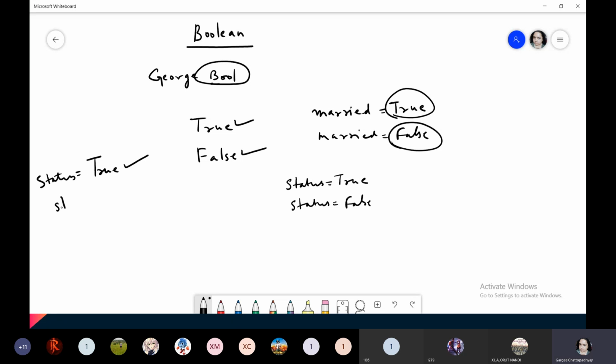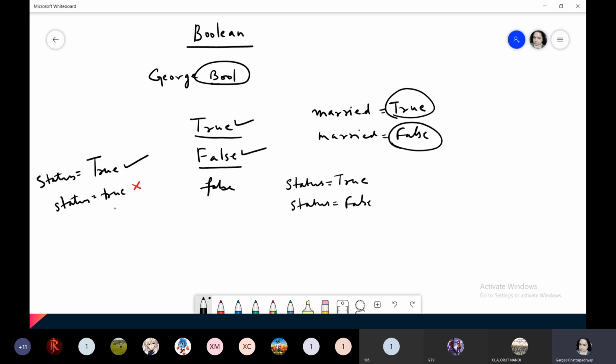If you write it like this, this is wrong. True has to be T capital and the rest all small. That is, it has to be in capitalized form. Same way, false also has to be in capitalized form. You cannot write false like this. So any other value other than these two will be considered as incorrect.